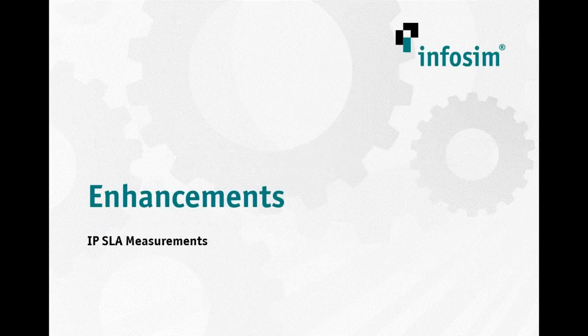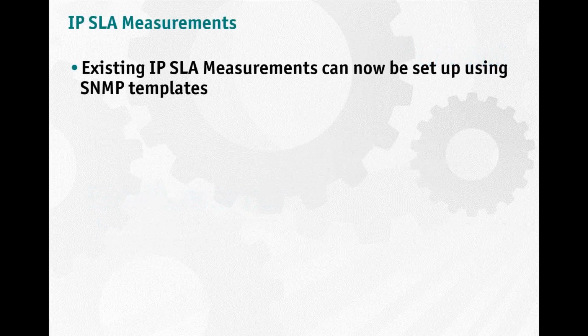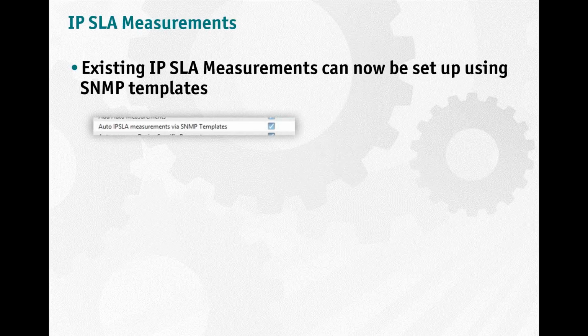We also made another enhancement to our IP SLA measurements. As you know from previous versions, you were able to set your own IP SLA measurements on devices using SNMP write community. But there also may be cases where you don't have a write community, but you know that there are already existing SLA measurements available on the device. And what you can do now is let StableNet automatically discover these IP SLA measurements and set them up using